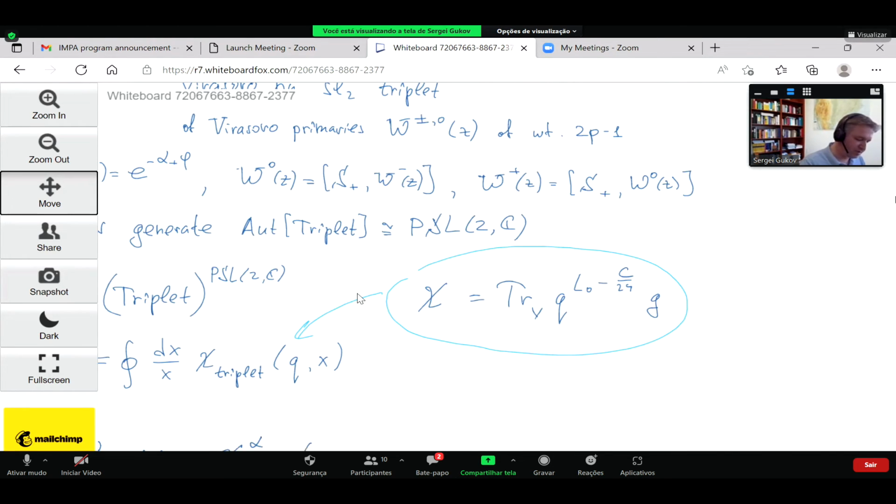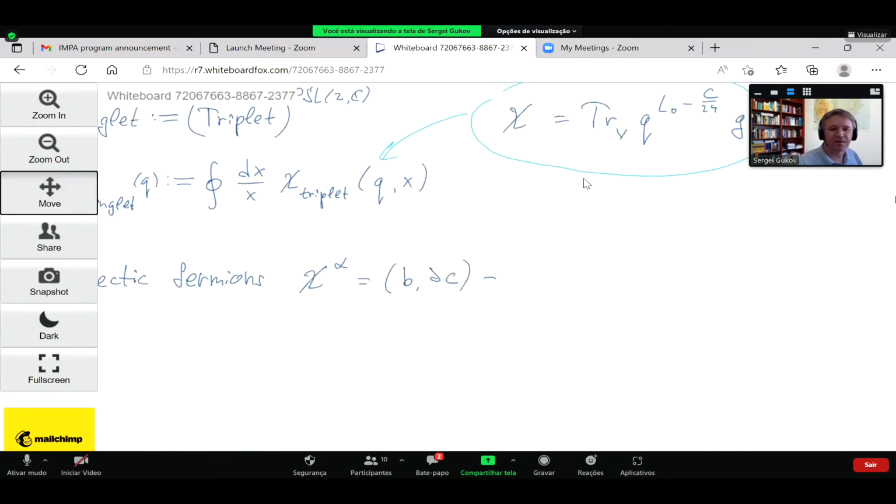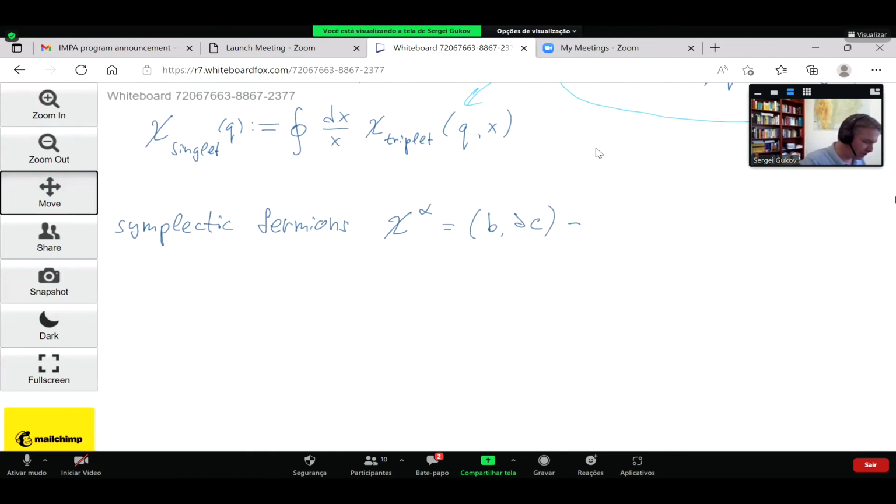You can think of these pairs as pairs of B and C, or other derivative of C. Or also as d theta alpha,